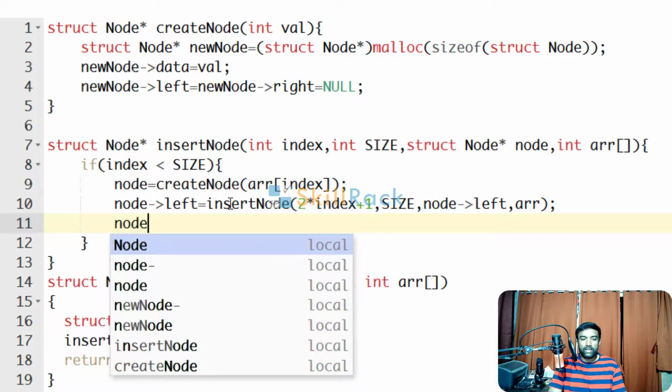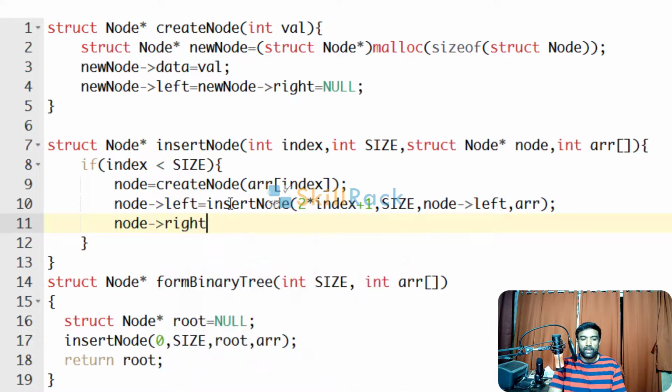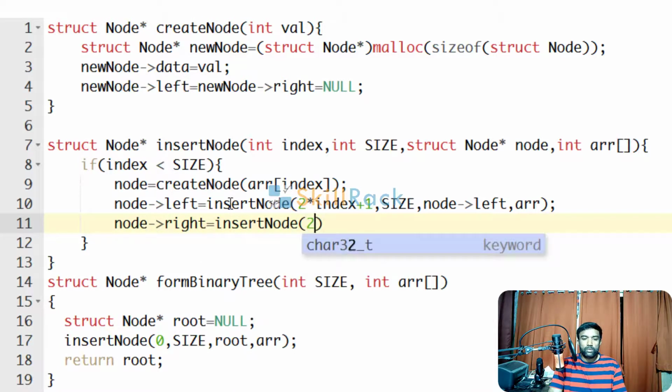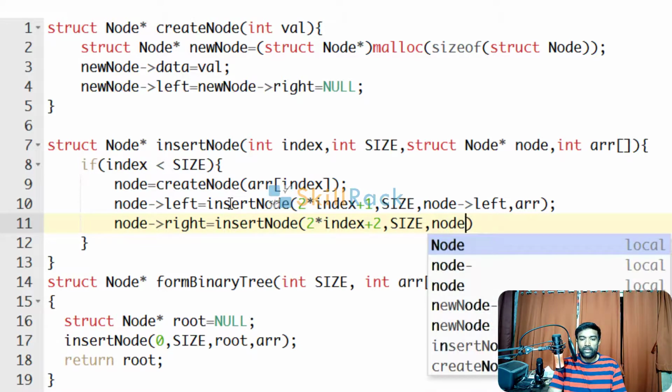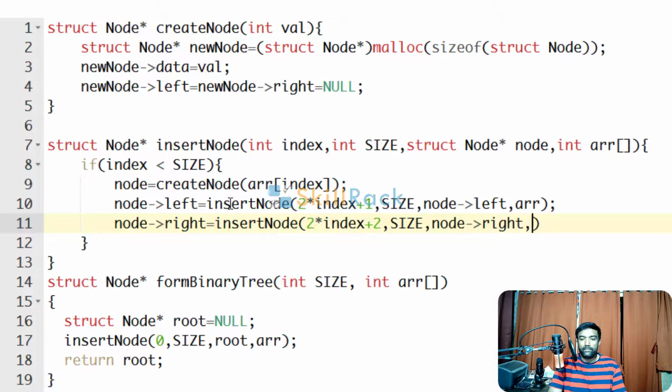How will you initialize the right node? Node right equal to insert node. Here the index value will be 2 into index plus 2, as we saw in the discussion, and the remaining will be the same: size, node right, array. When invoking recursively, this function again will check if index is less than size, only then it will create, otherwise it will not create.